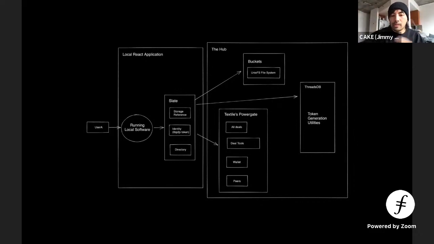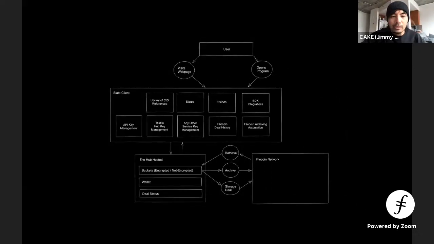And this directory aspect has always been something that I've really wanted in Slate. Because I think software is better with friends, when you can just hang out with other people. And so I refined it over time. And I think Slate is now like this, where you visit a web page or you open a program. The open program flow doesn't really work right now, but you have a library of CID references. You have your slates, which is our user experience. And slates, I'll get into more later, but they are important